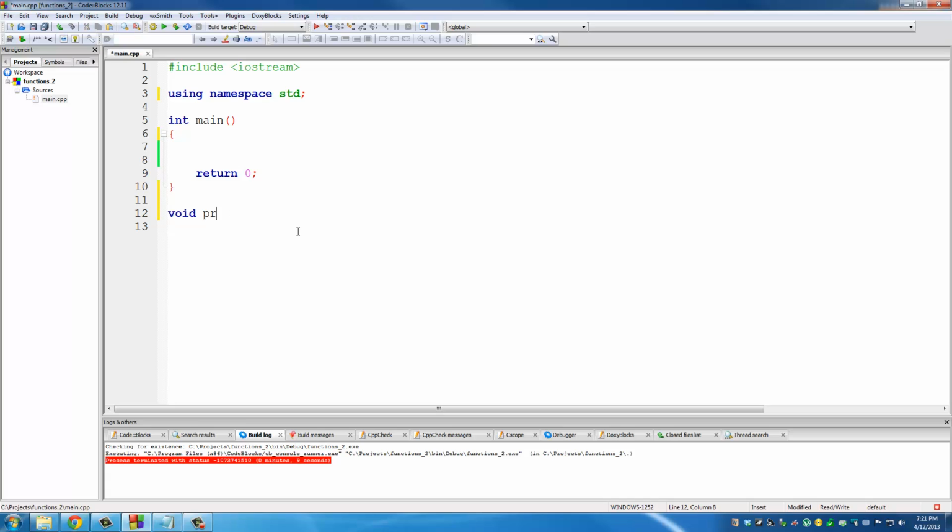Then I'm going to create a print function, and the print function is going to take one parameter. The parameter is going to be an integer, anything, integer a, integer x, just keep it x. And then I'm going to assign the value 5 to x in the function, and then I'm going to print that value to the screen. I'm going to print x to the screen. Put a new line right here. So this is the function